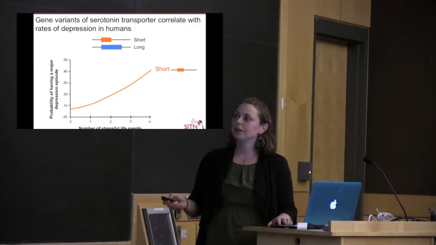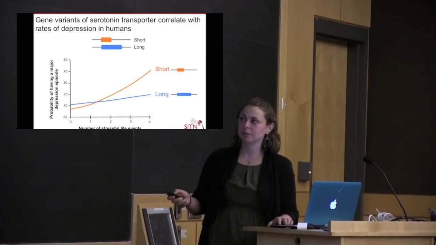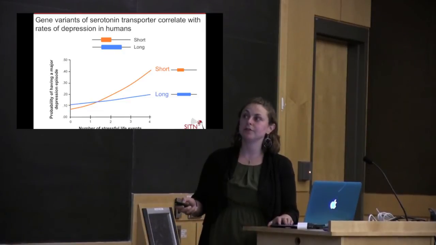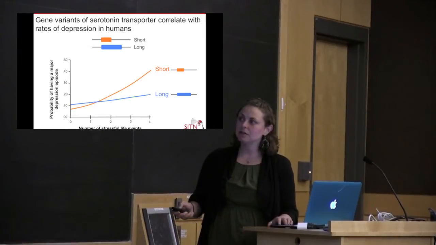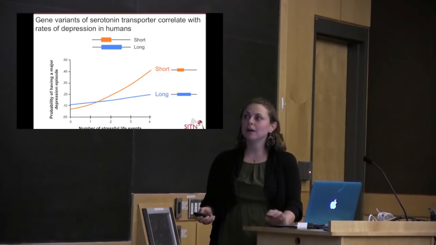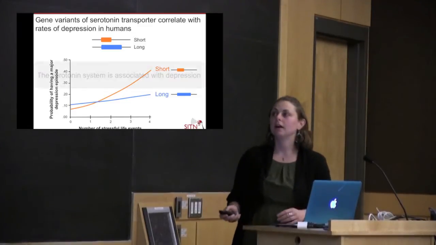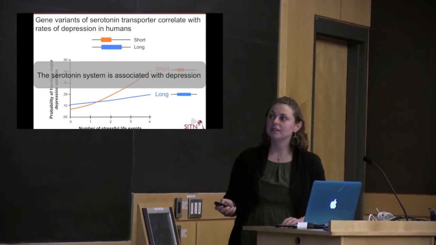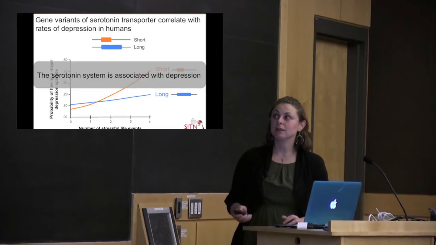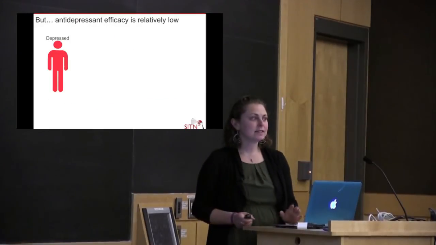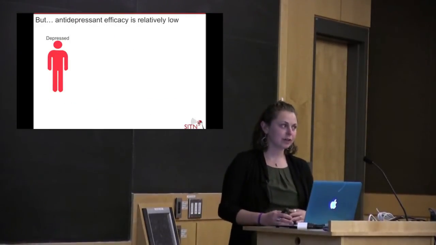Whereas individuals carrying the long form of the serotonin transporter gene had a significantly lower probability of having a major depressive episode, even with increased stress. You can see this line is almost flat. And so studies like this corroborate previous studies, largely from pharmacotherapy, that suggest that the serotonin system is associated with depression. But the fact is that serotonin can't be the whole picture, and there are a couple of